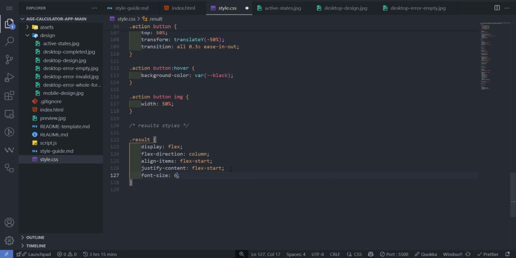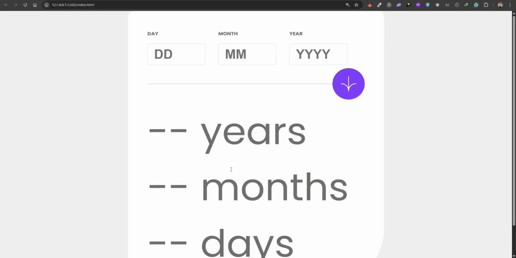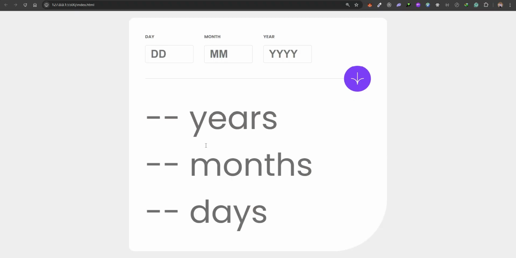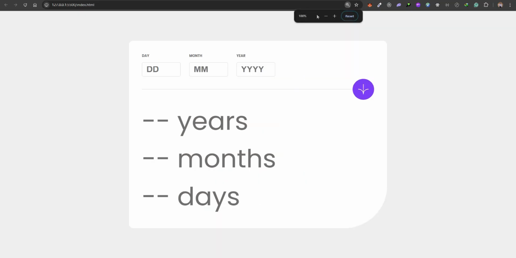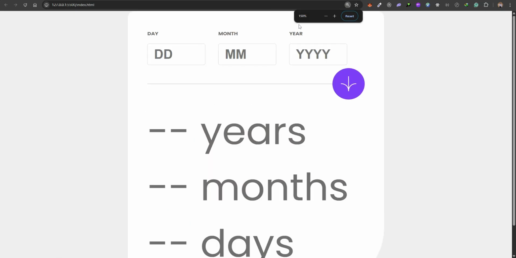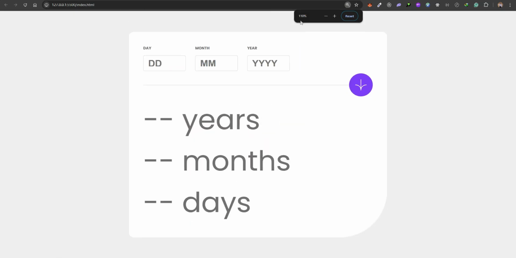Then first set of 6 rem should do. Ooh, this is really big. I noticed my Windows zoom was increased, you understand? So let me make it default back to